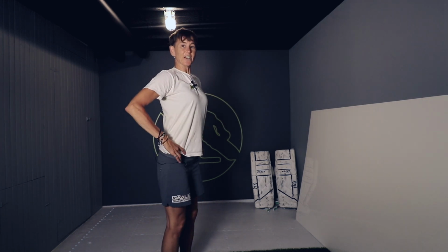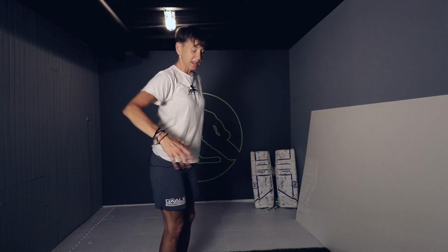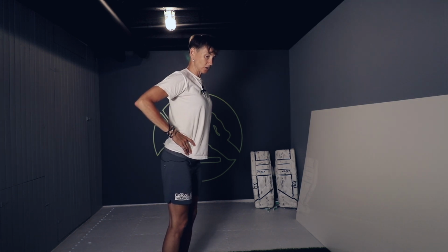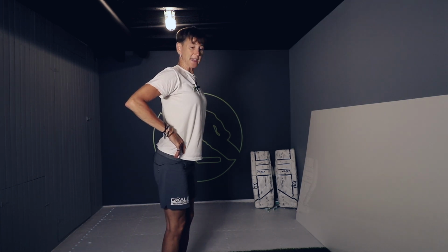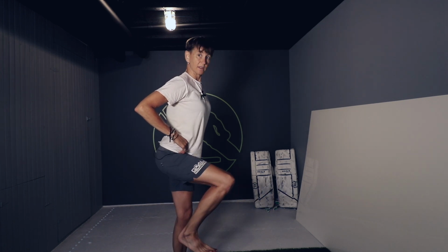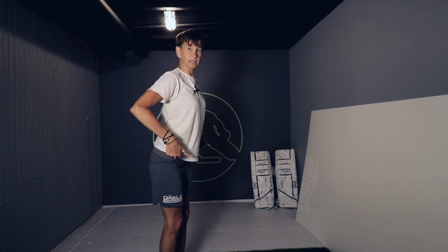But let's artificially go into an anterior pelvic tilt. You can play along at home. And then we're going to bring our hip into as much flexion as we can. So we're going to bring our knee up towards our chest as high as we can, keeping this sort of fake anterior pelvic tilt. Ready? Here we go. That's it. So I can't even get my thigh parallel to the floor